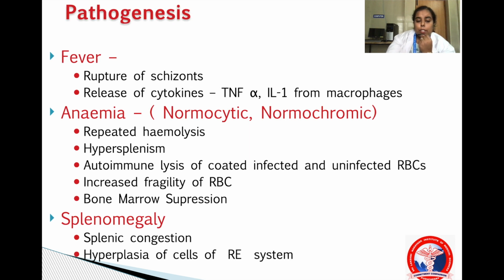So, what is the pathogenesis? Fever is caused by the rupture of schizonts and release of cytokines like TNF alpha and interleukin 1 from macrophages. Anemia is generally normocytic normochromic. It is due to repeated hemolysis, hypersplenism, autoimmune lysis of coated infected and uninfected RBCs, increased fragility of RBCs, and bone marrow suppression. Also, splenomegaly is because of splenic congestion and hyperplasia of the